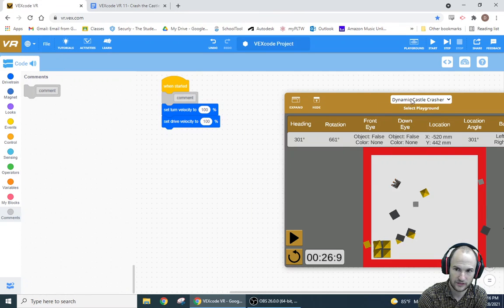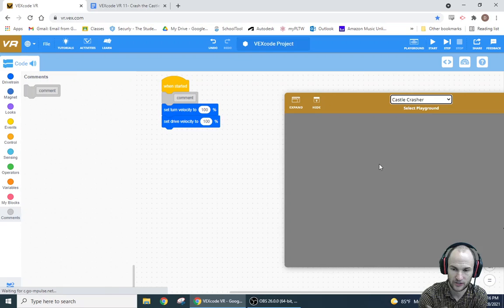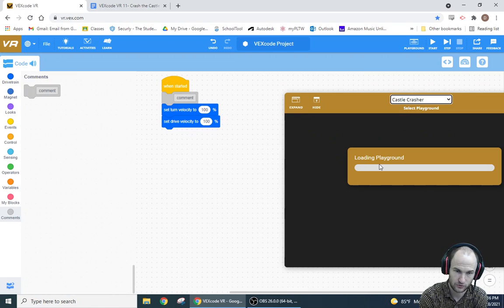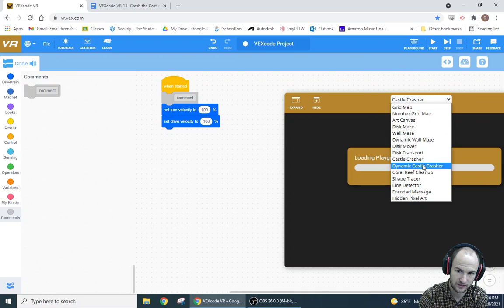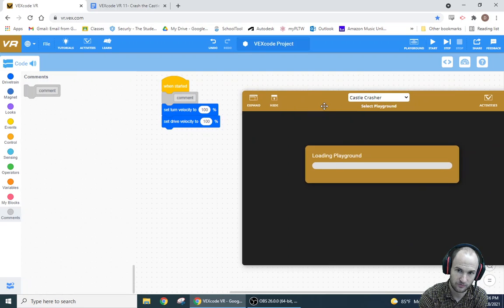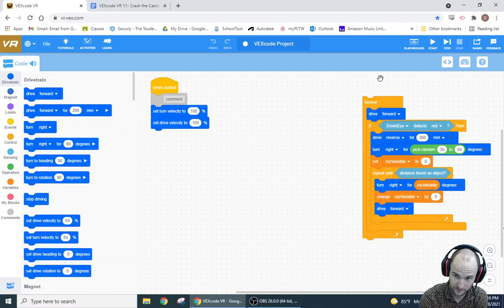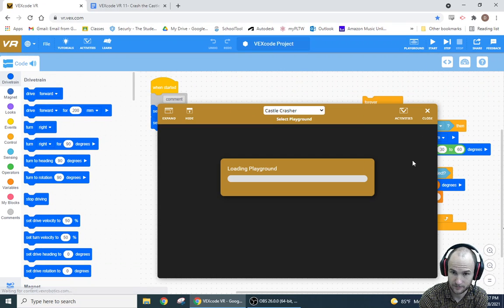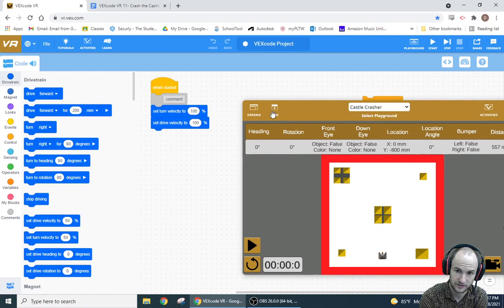So if we're looking at this and I go to the regular castle crasher, it's always going to be the same. So this one you can really just plug in where each one of the things are and go to it. And if you're lucky, the map will actually show up for us, which it does not appear that's going to be the case. Okay, and I got my code over there for the other one, but let's see. It's coming. I need to see it so I can do something. Okay, so this one,